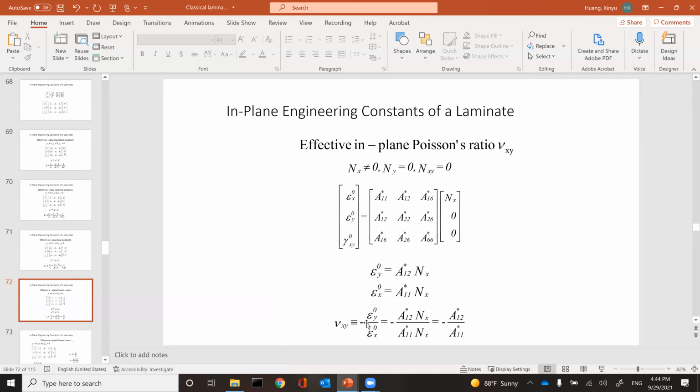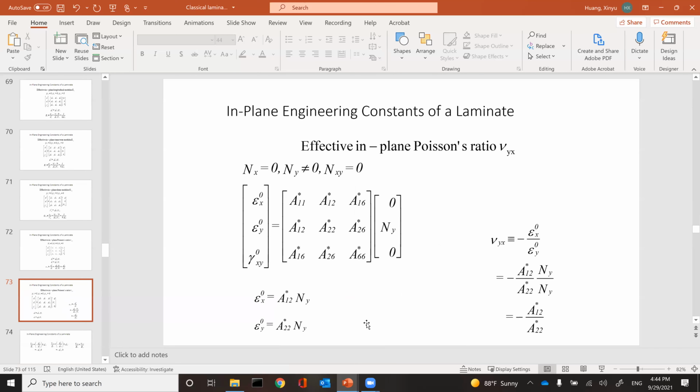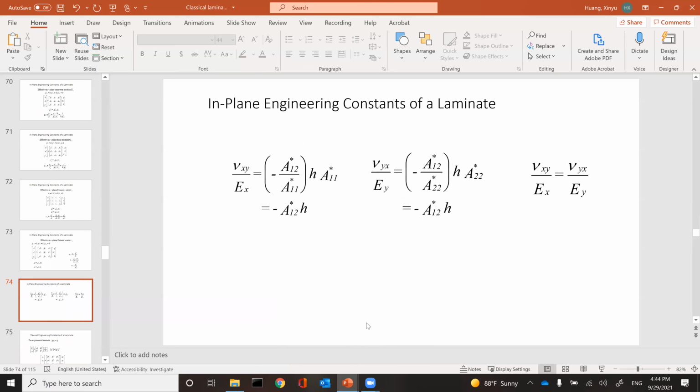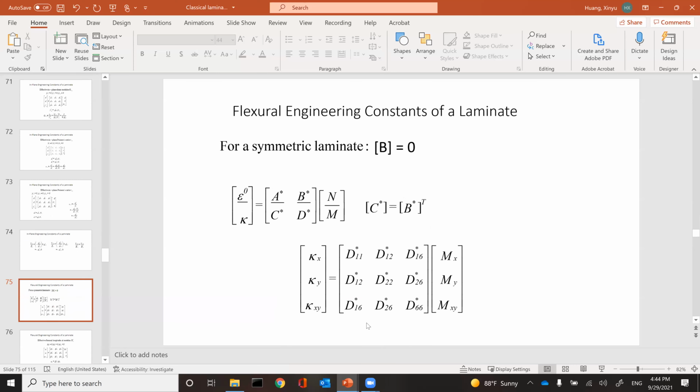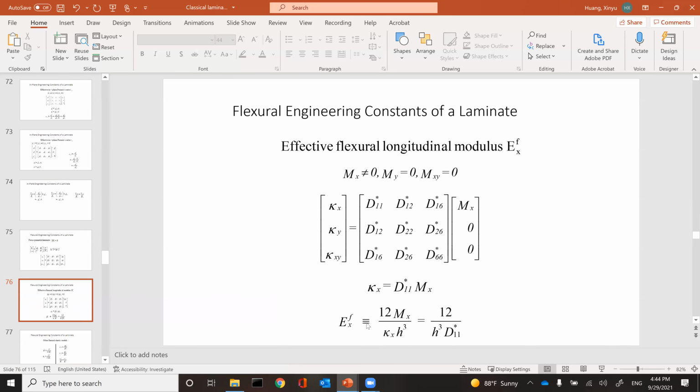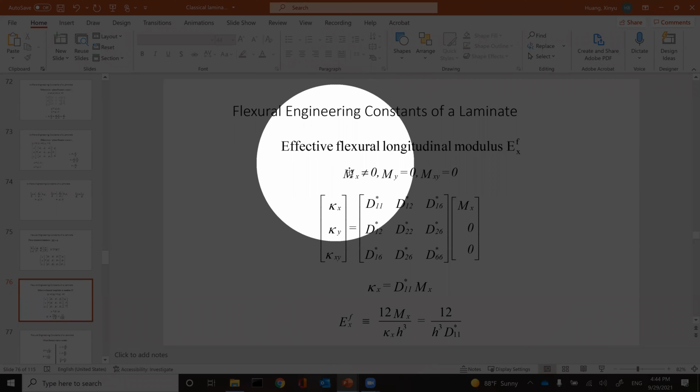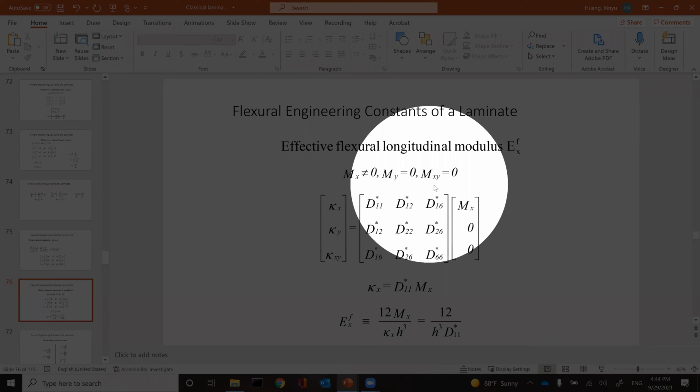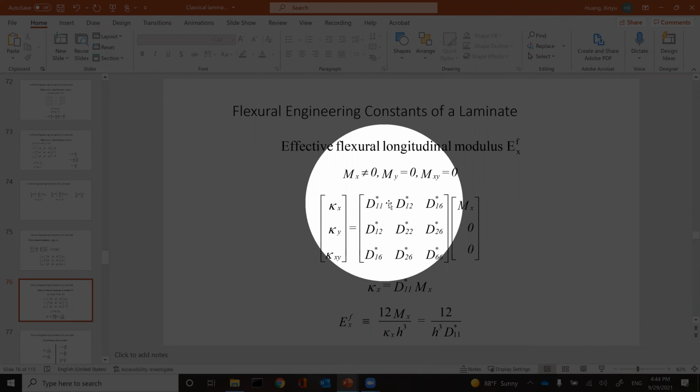And you can imagine doing a bending test. What is it? The bending test. Imagine there is no tension, all the N are 0. You're actually doing bending tests. You have only bending in x direction. There is no bending in y direction, no twist. And you can calculate